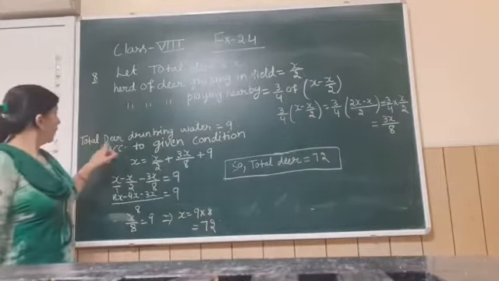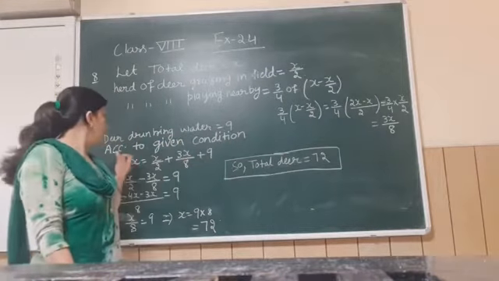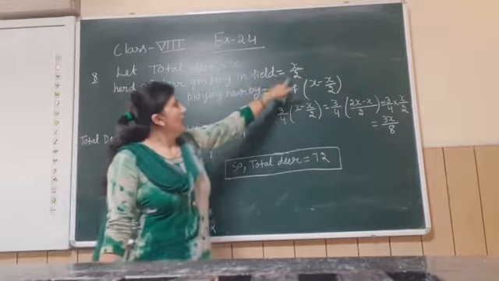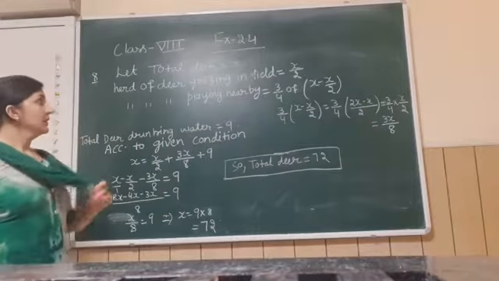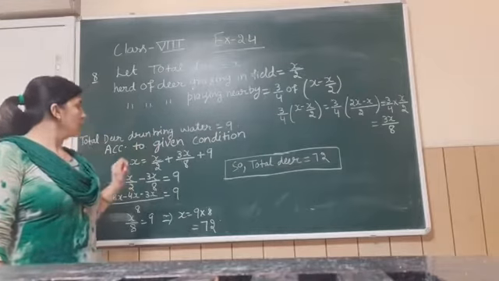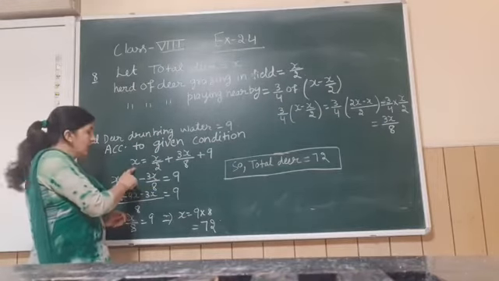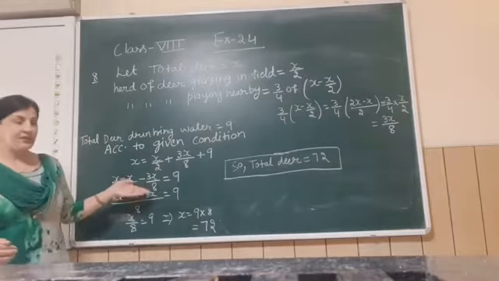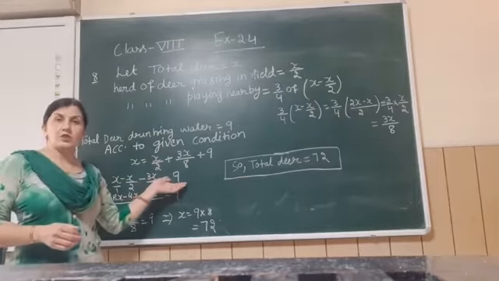Now the total deer drinking water is equal to 9, as given. According to the given condition, the total is x, and 3 types are given: grazing in the field, playing, and drinking water. So when we add these 3, we get the total number of deer. The x terms we will take to the left hand side, the sign will change from positive to negative, and there is one constant only, 9.